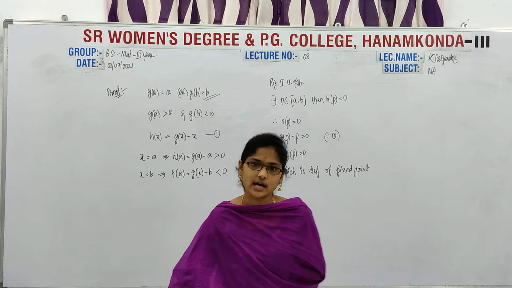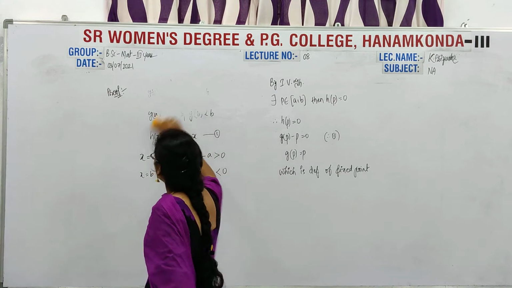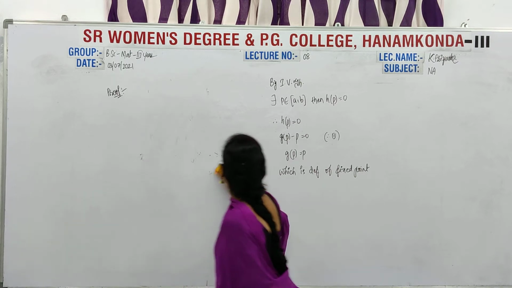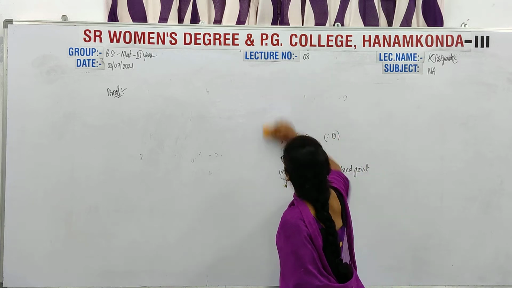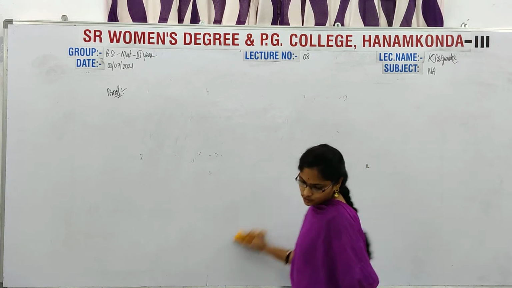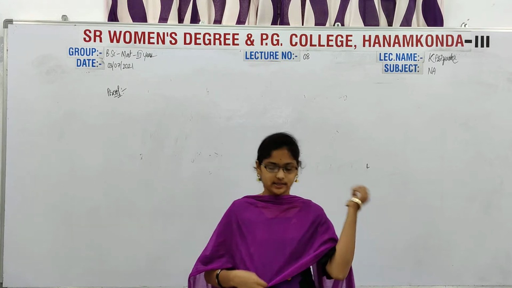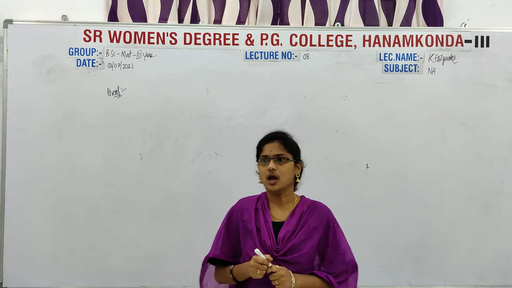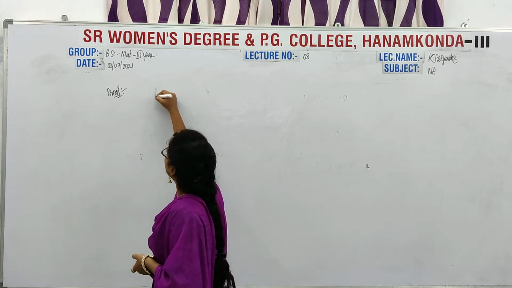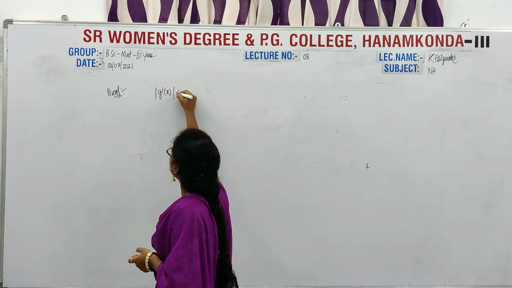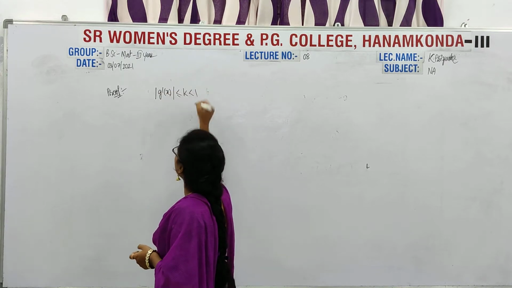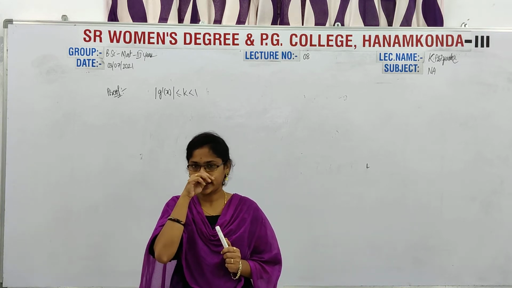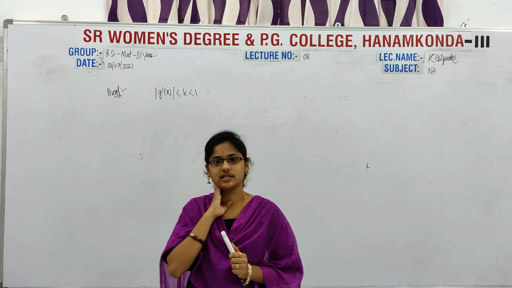In the second one, what they asked to prove is that the modulus of g dash of x is less than or equal to 1. Okay. So now write down. Suppose that modulus of g dash of x is less than or equal to k, where k is less than 1. So how I am taking the value of k, which is less than 1. Okay. So then I am taking that g dash of x is less than or equal to k.